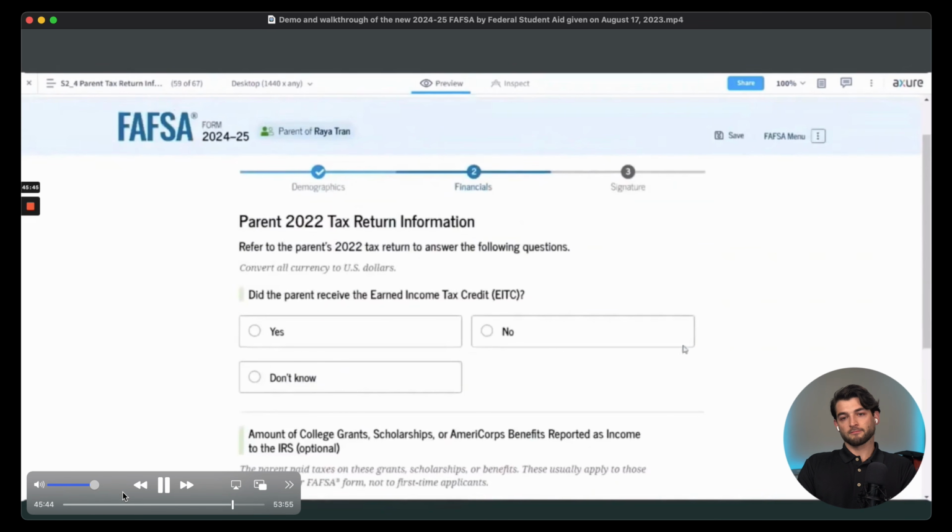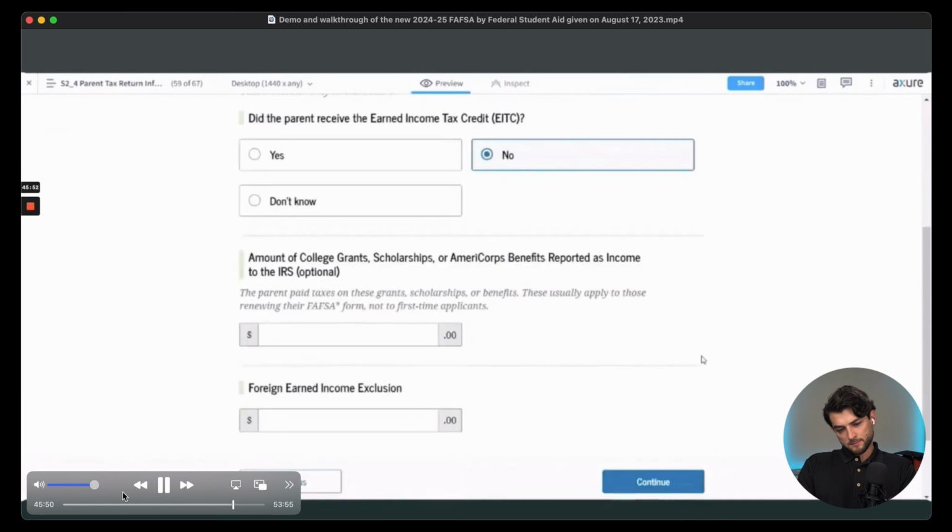So we're asking whether or not the parent received the earned income tax credit. So I'm going to say no here. And then we're asking 2 additional questions. One is the amount of college grants, scholarships, or AmeriCorps benefits reported as income to the IRS. And then the other is the foreign earned income exclusion. This is just a specific example of this demonstration, so it could look different for you, and enter whatever information